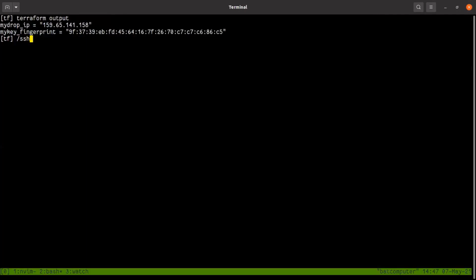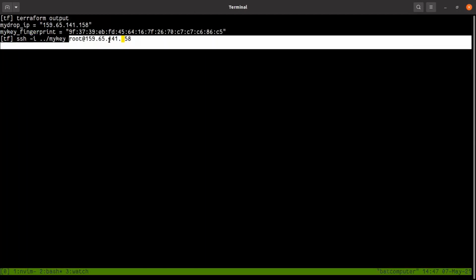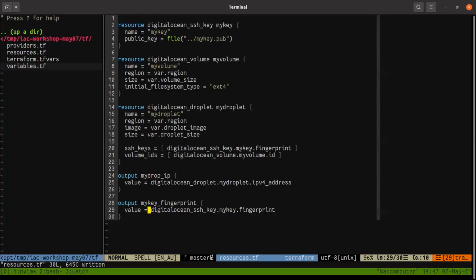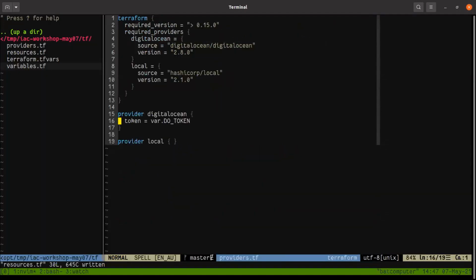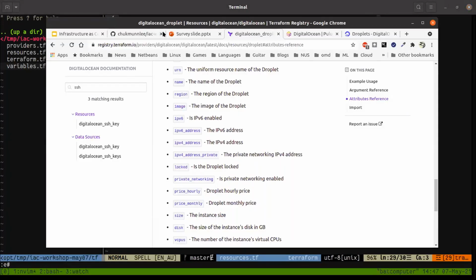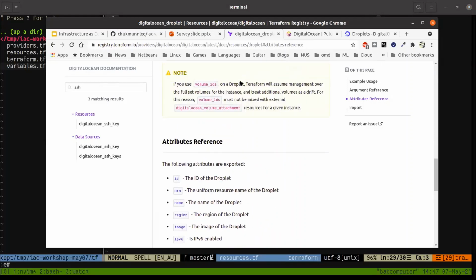So notice that just now when I do SSH, right? I need to do this, and then I need to type this thing. This is the ID, and then this is the IP address, right? So one thing I like to do is create a file of this thing. So let me show you what I mean. If you recall just now, I loaded a provider called local. Okay. So what local allows me to do is create files.